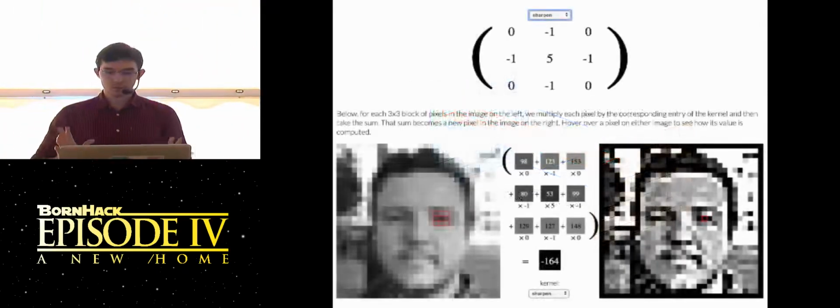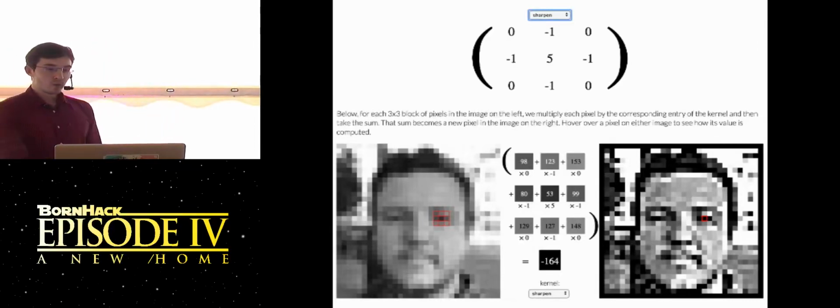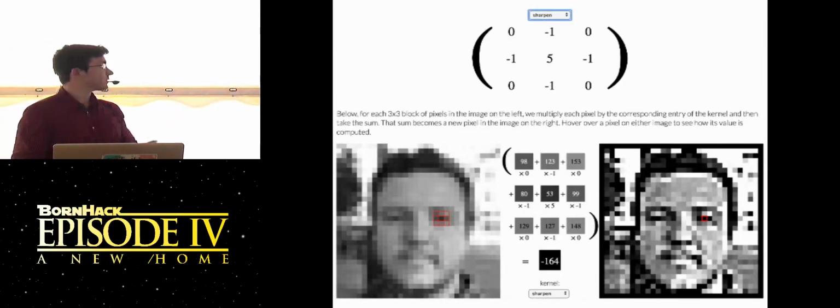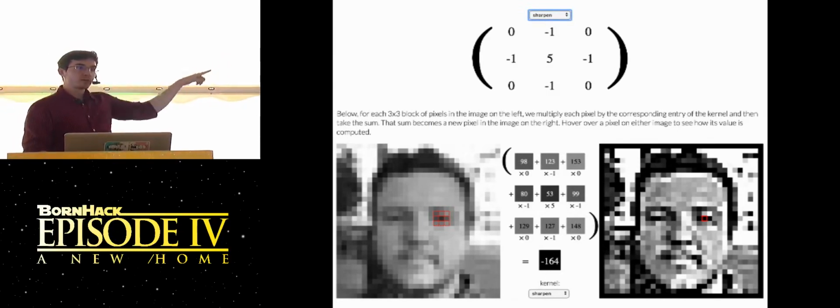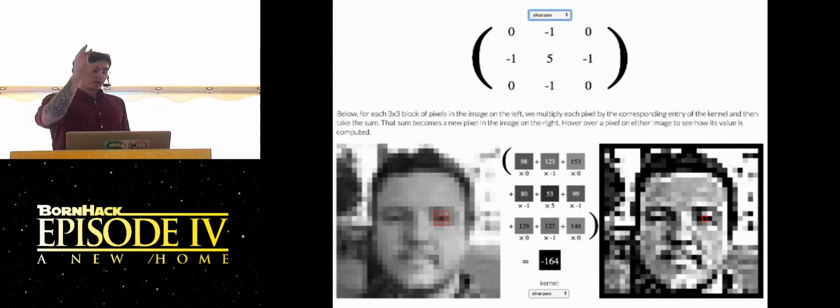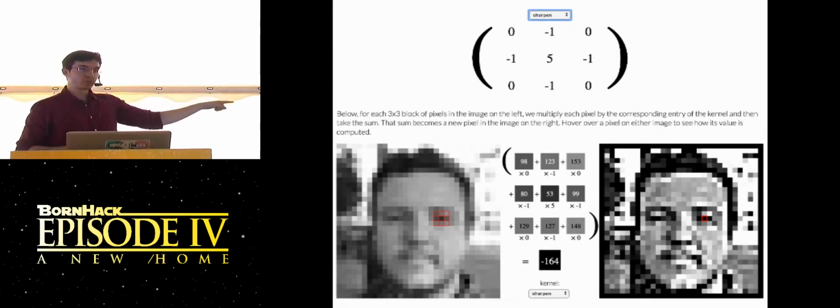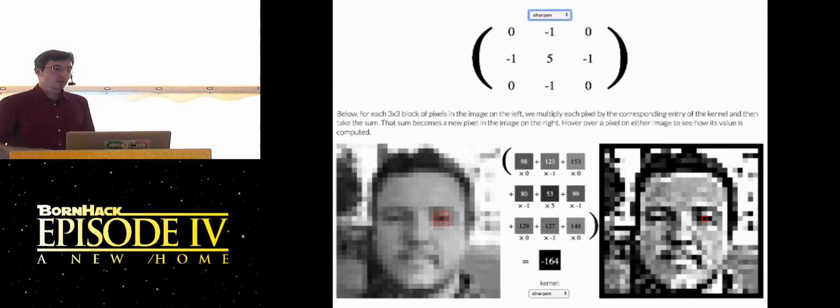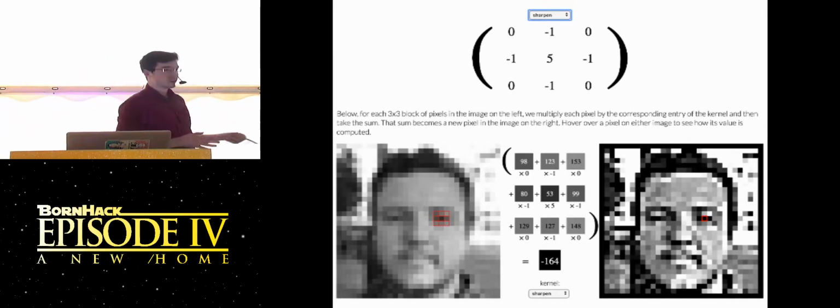Again, to drive this point home, this is an example specifically. If we use a filter like this, with just these values, if we convolve with this filter over the original image, we're going to get this output image. And this is a sharpened filter. And there's a lot of these simple filters. If the values were different in this filter, they could very easily recognize edges in an image, like this, edges like this, diagonal, and so on and so forth.